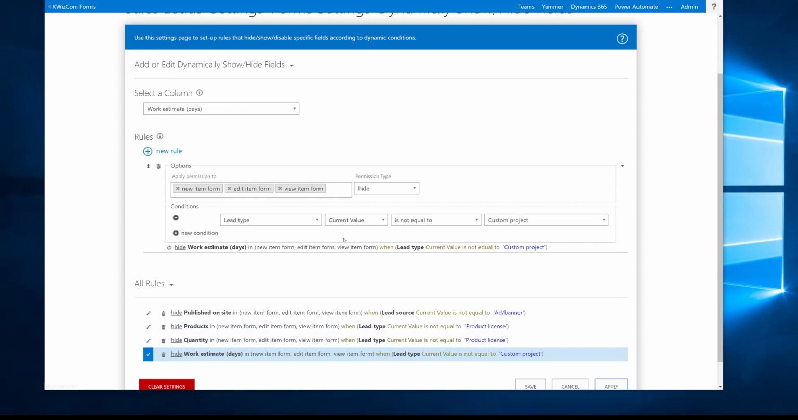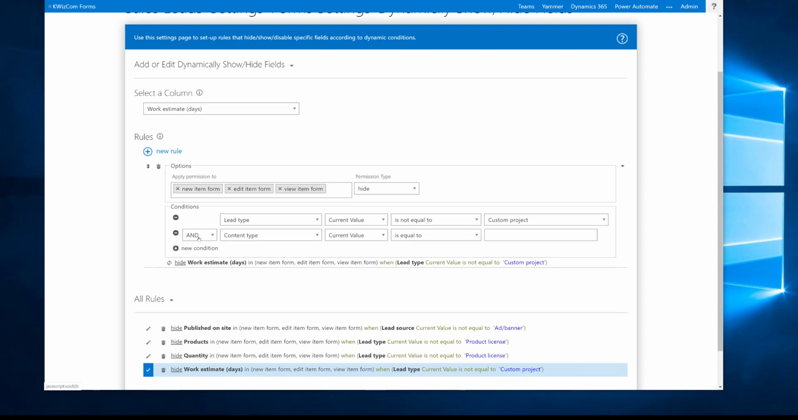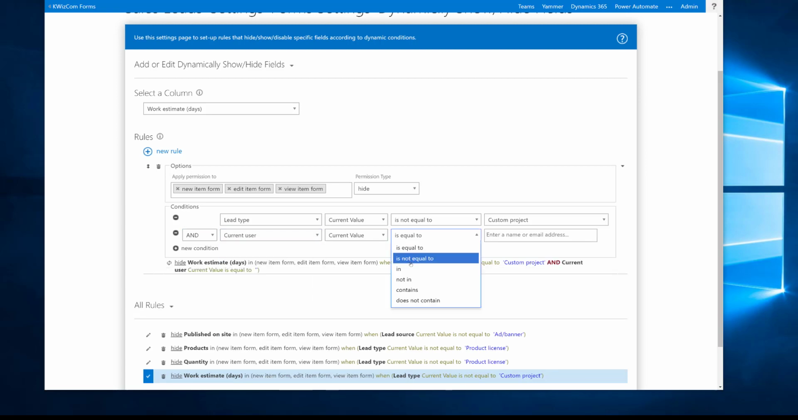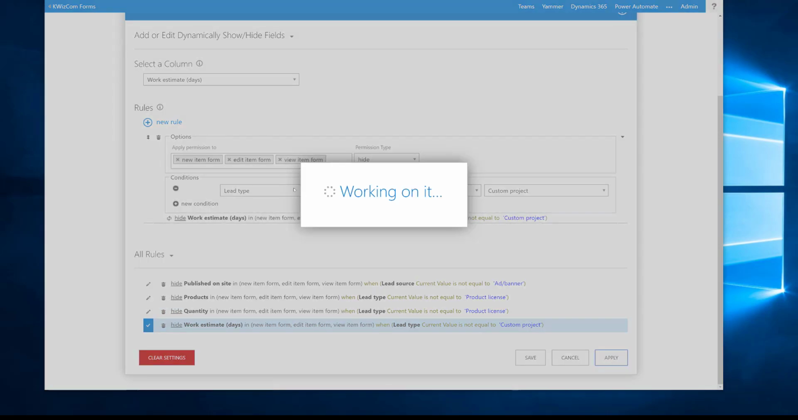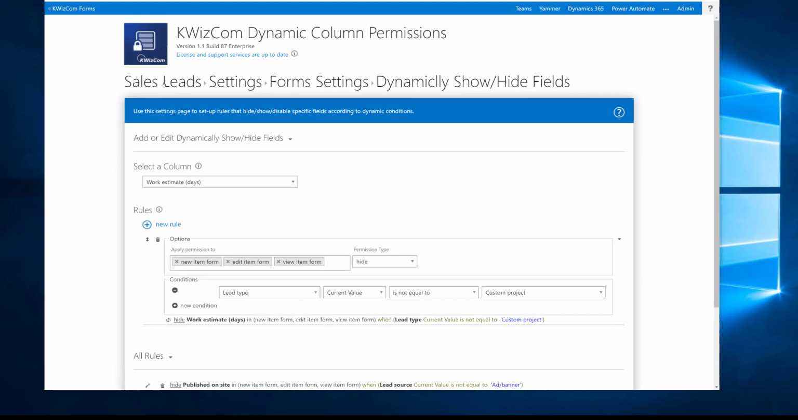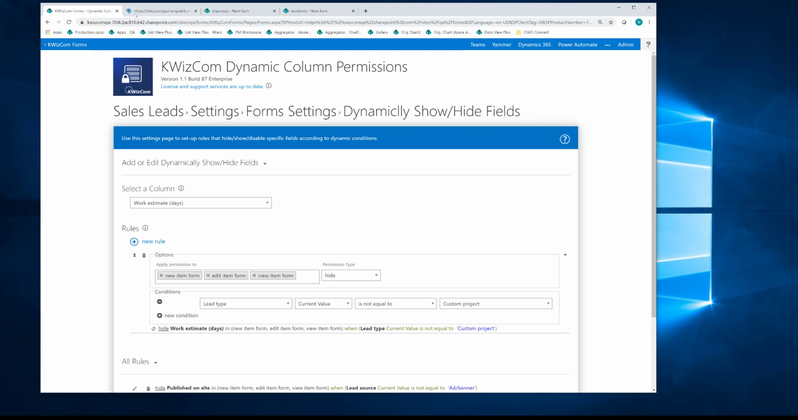By the way, all the conditions were very simple, but I can always create more complex rules. You see, I can add more conditions with and or. Like for example, I can say and current user is in or not in some group, for example. So you can create a lot more complex rules. Okay, clicking apply, and now I'm going to open the form in a new tab,